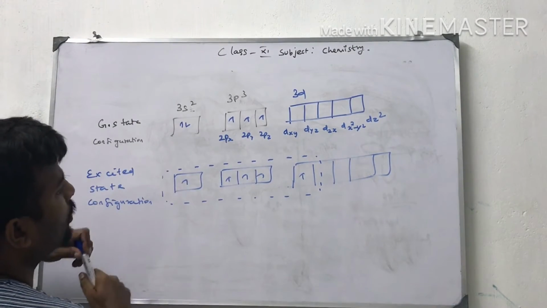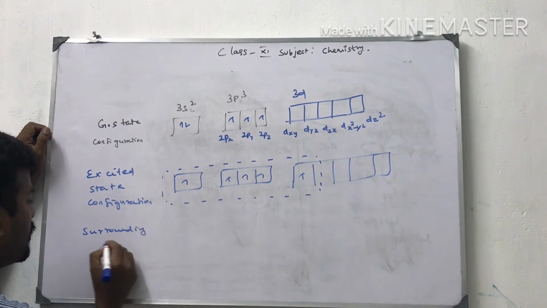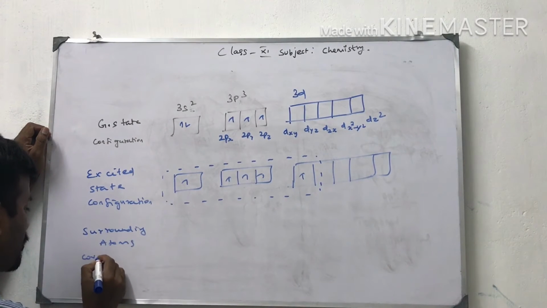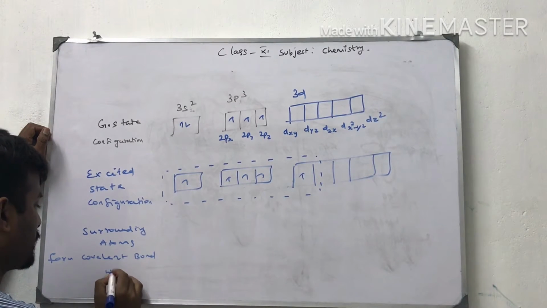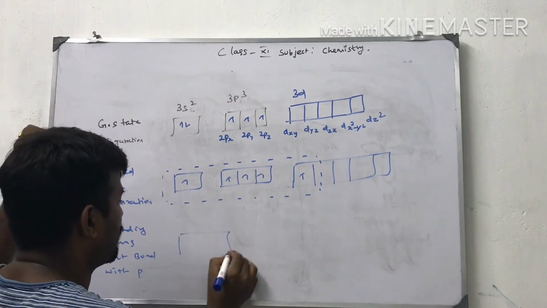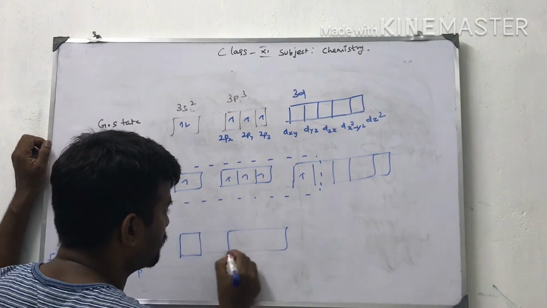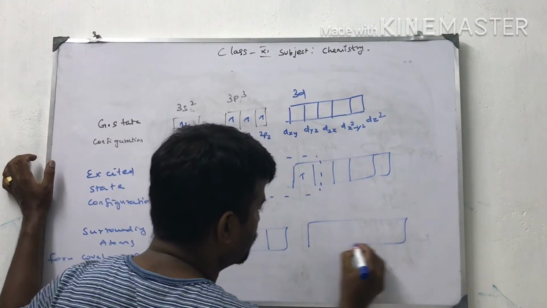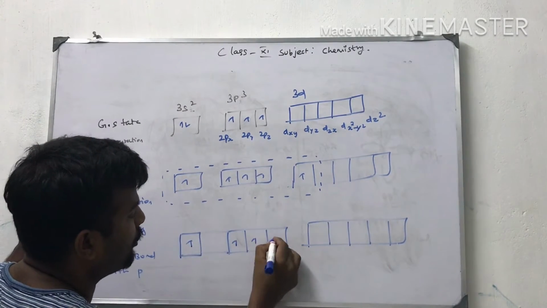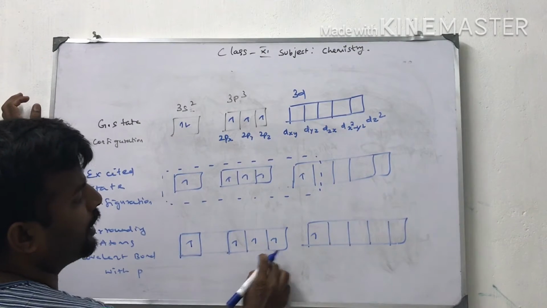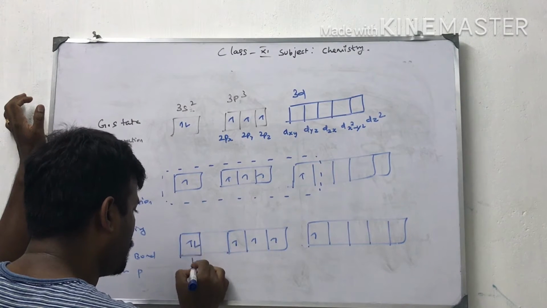So now I am going to draw the surrounding fluorine atoms. How many surrounding atoms? They form covalent bonds with phosphorus like this. How many fluorine atoms do we have to draw here? One, two, three, four, five. So here one electron, here 1, 2, 3, 4 electrons. One s orbital, 3 p orbitals, 1 d orbital; these hybridize now.